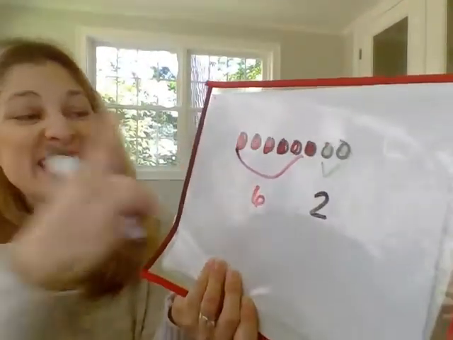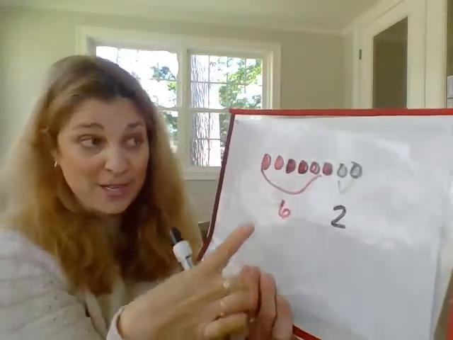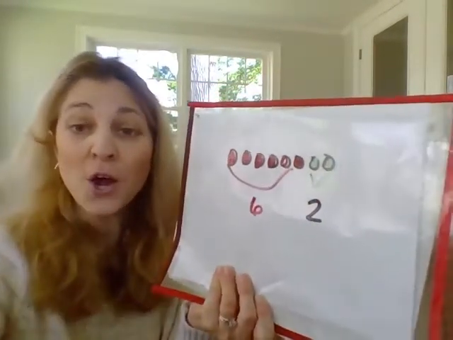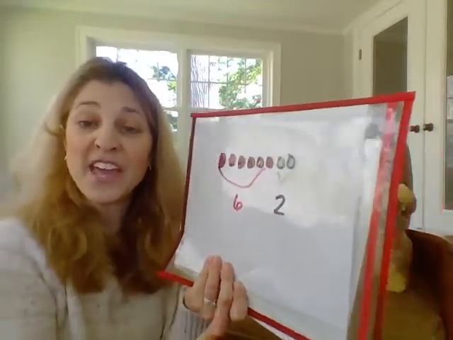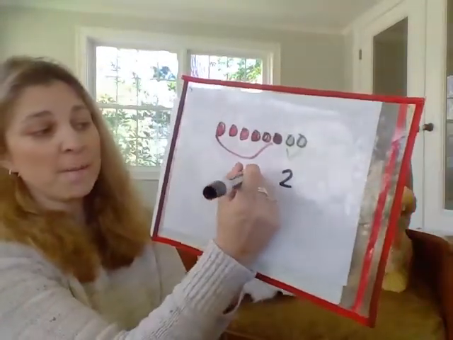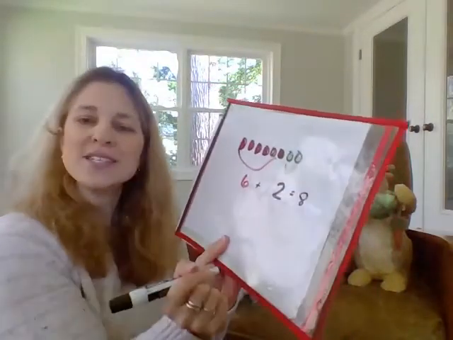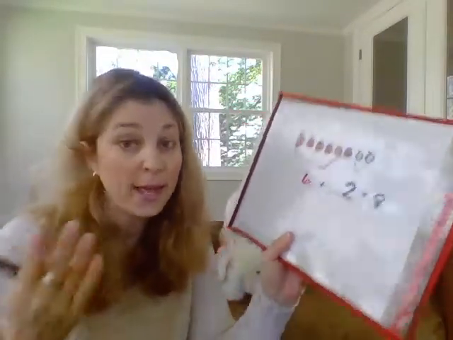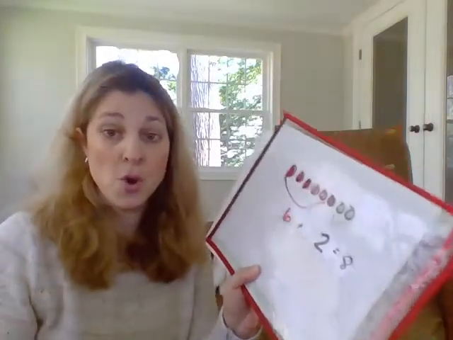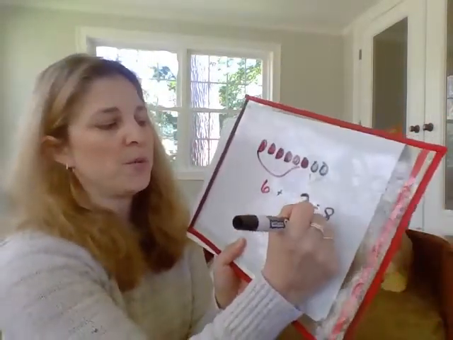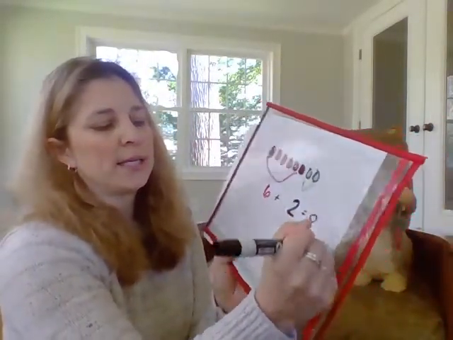I made it so that 6 of them were red and 2 of them are green. Okay, now I'm going to put that in a number sentence. So I just need to pop my signs in there. 6 plus 2 equals 8. And what is it that we're talking about? 8 what? 8 unicorns? 8 bunnies? No, 8 jelly beans. So we want to write jelly